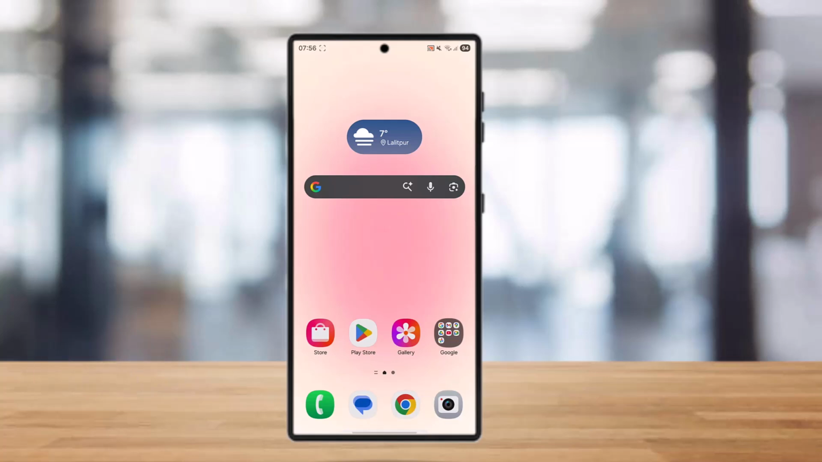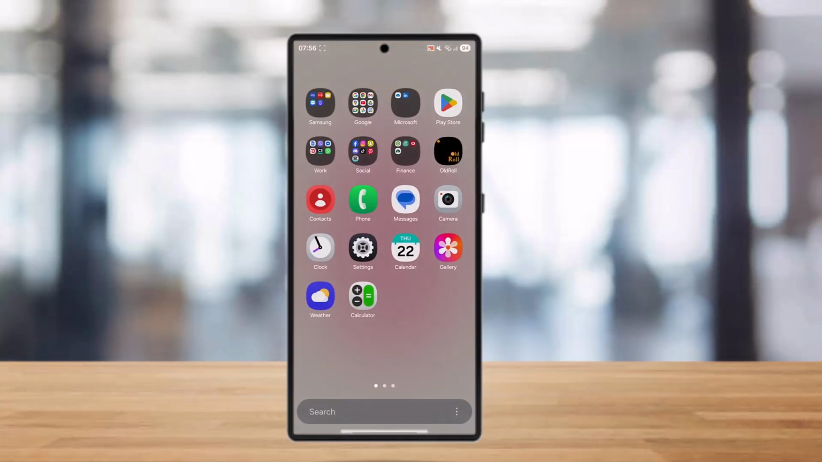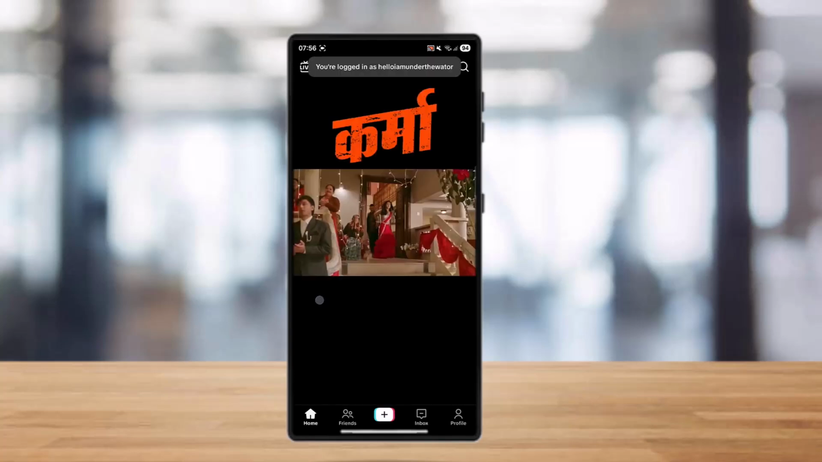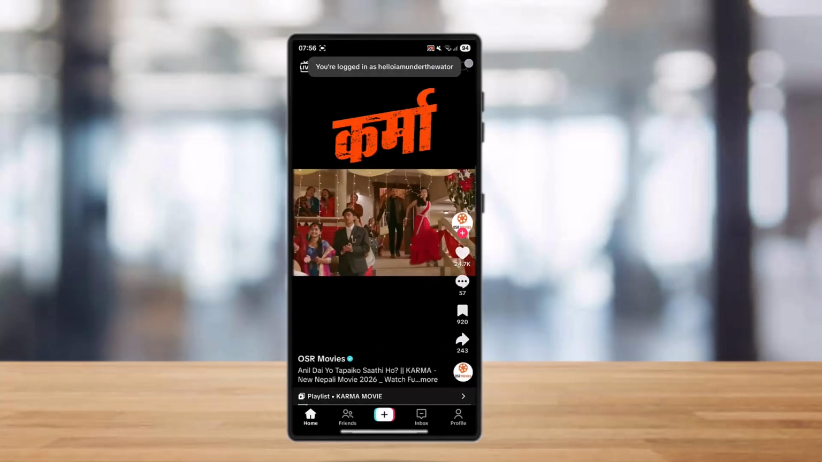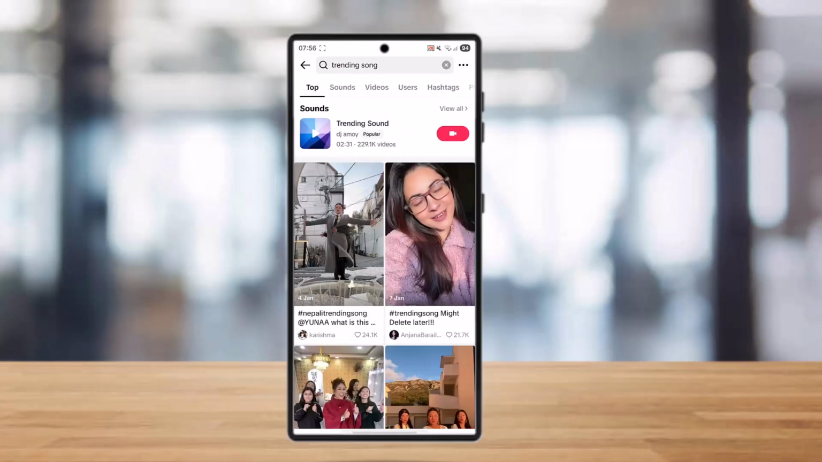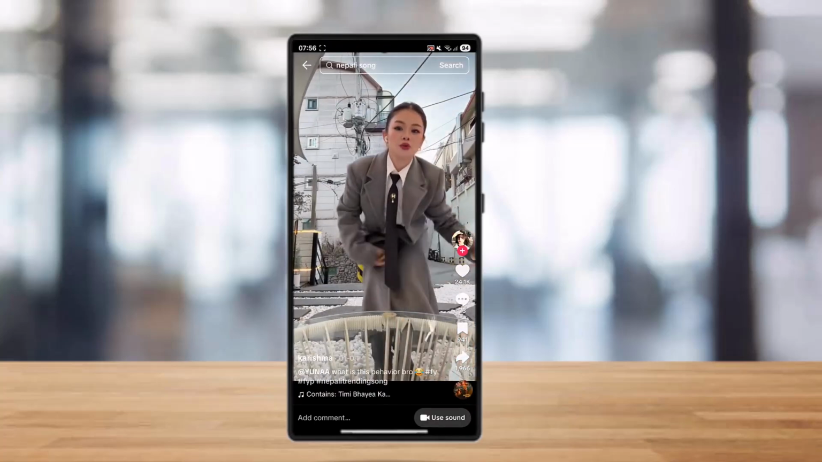So if you want to find viral sounds on TikTok, all you gotta do is simply go and tap open your TikTok. Once you open your TikTok, you can simply go to the search section. Once you're in the search section, you can type in trending songs. Once you type in trending songs, you can find different kinds of videos where trending songs or viral